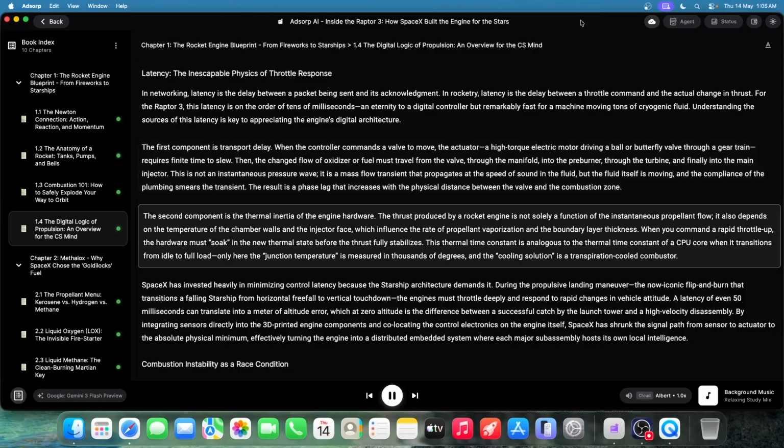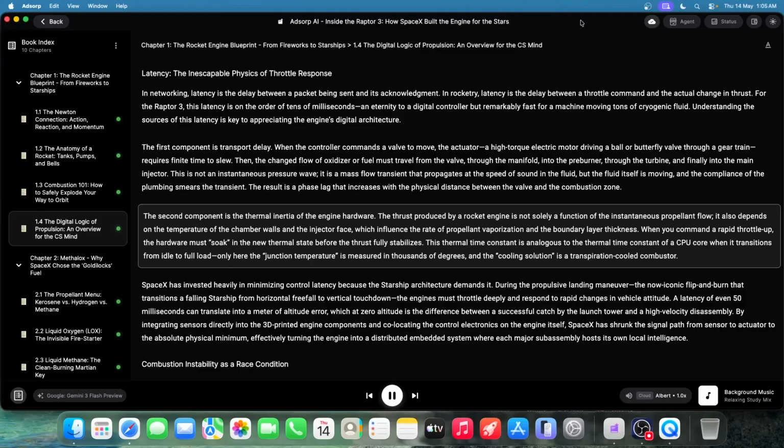And the second component is the thermal inertia of the engine hardware. The thrust produced by a rocket engine is not solely a function of the instantaneous propellant flow. It also depends on the temperature of the chamber walls and the injector face, which influence the rate of propellant vaporization and the boundary layer thickness. When you command a rapid throttle up, the hardware must soak in the new thermal state before the thrust fully stabilizes. This thermal time constant is analogous to the thermal time constant of a CPU core when it transitions from idle to full load. Only here the junction temperature is measured in thousands of degrees, and the cooling solution is